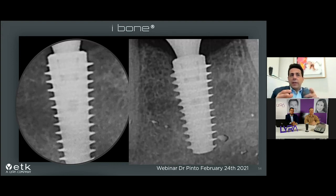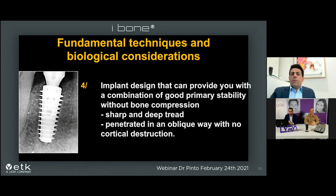And the drilling does not happen at the width of the core. I repeat again, we don't drill at the width of the core, we drill a little bit more than the core, and only the width of the spire will allow the biology to happen. So the first